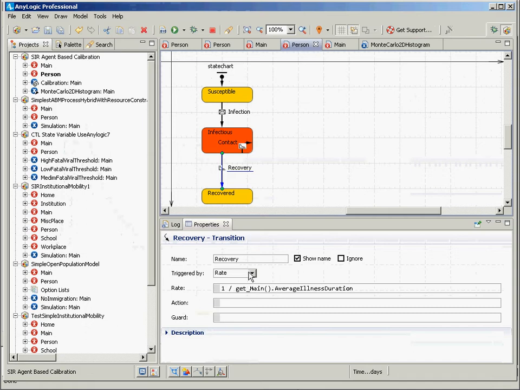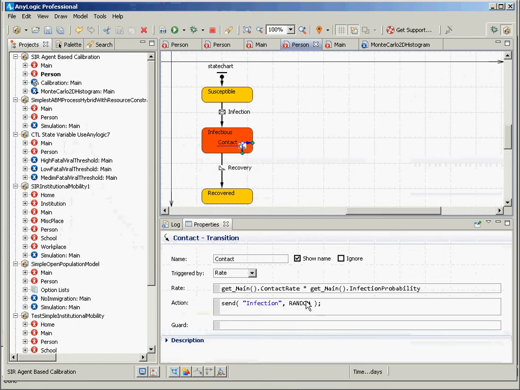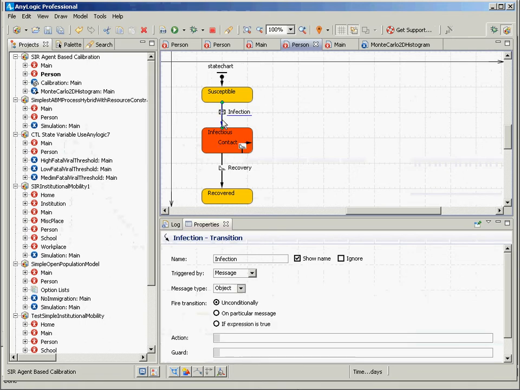Similarly, we have here a message being sent to a random person in the population, and to whom it's sent may make some material difference. If it's sent to someone who's already infected, they won't be infected again. So we have vagaries associated with this model run,